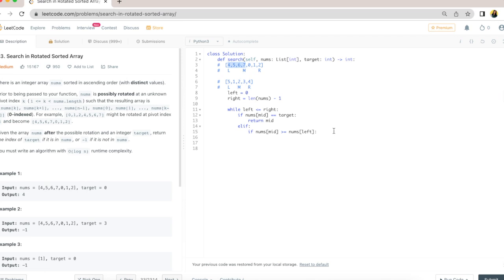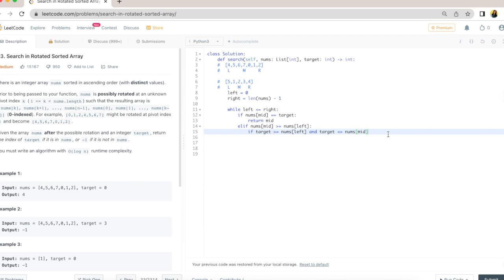So what we're going to do here is say, okay, actually we don't need to say, I think we can put this condition up here. So if the target we're looking for, so again we're looking from here to here. So if target is greater than or equal to nums left, and target is less than or equal to nums mid. So yeah, this is how we check if it is between here or not. So if this is the case,